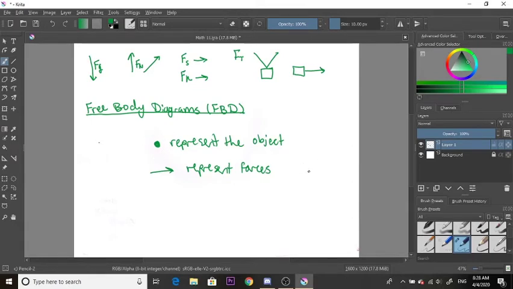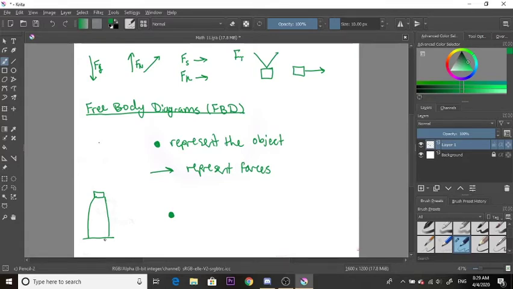So if we were to take a look at an example, let's say that we wanted to draw all of the forces acting on a, let's see here, let's do a water bottle resting on a table. So this is just a sketch of a water bottle. Now we would represent this water bottle by drawing a dot. Now we would take a look and see what kind of forces are acting on it. Now it's resting on a table,